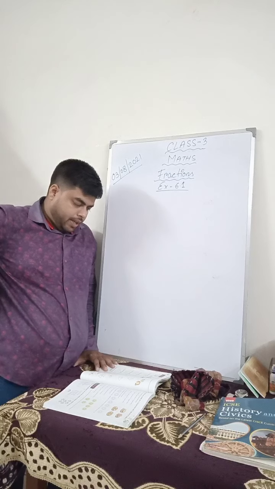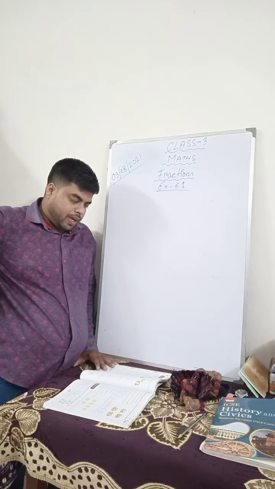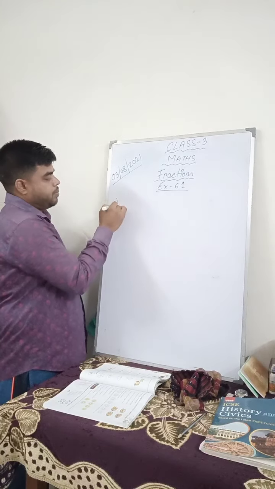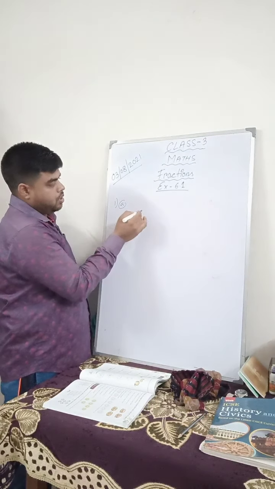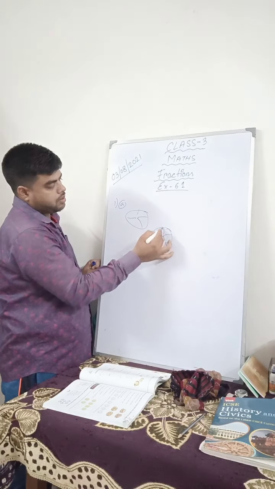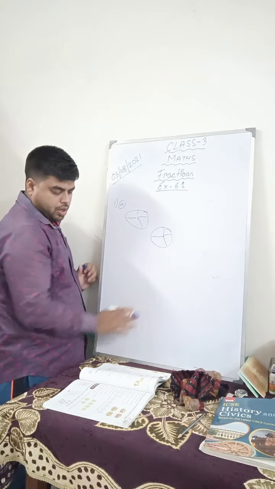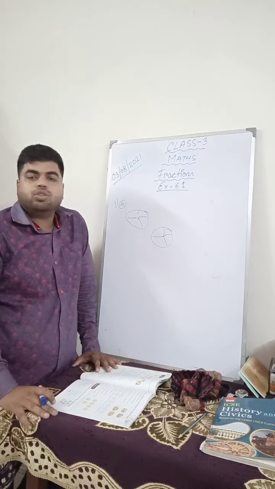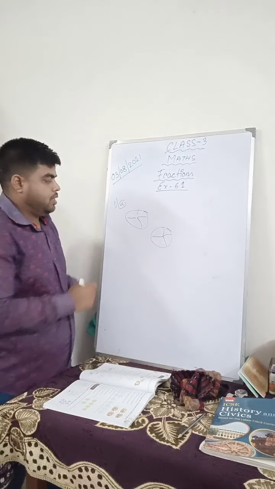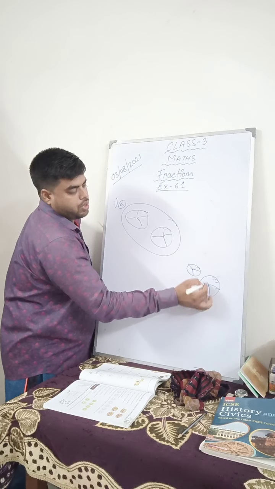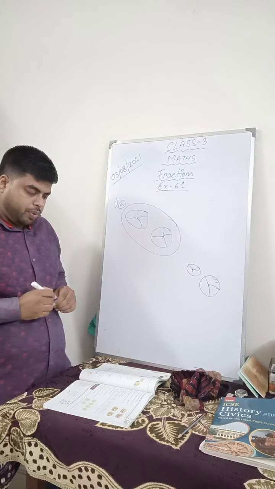So you see in question number A, the first part is the equal part. They have given three pictures. Like this is a lemon, this is also a lemon, and you have two more pictures. In the first picture, you see they are equal halves. But in the second one, one is smaller, one is bigger, so they are not equal. You will only circle the equal one. The smaller one, they are not equal, so you will not put a circle around this. I hope you have understood.